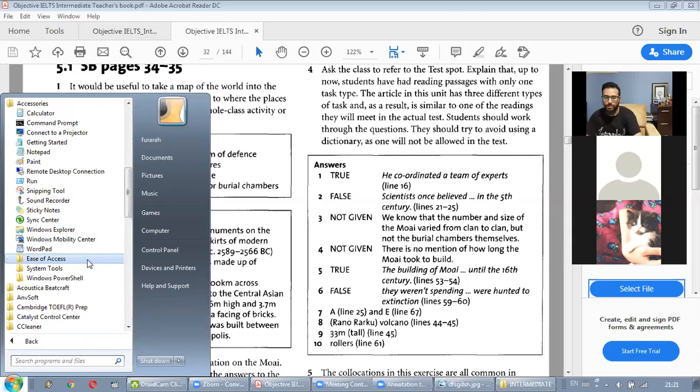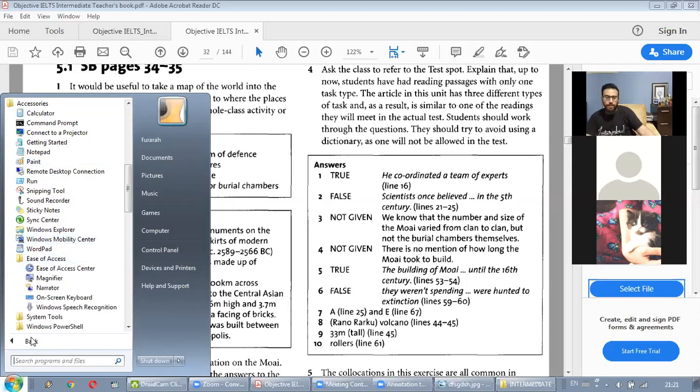If you click ease of access, do you have Windows 7 or 10? I think 10, you probably have 10. Windows 10. Yeah, but it's the same thing. Go to search for programs and then accessories. Did you find accessories? I will try to read in small size. Believe me, this is a lot easier because this will zoom for you. Okay, I have an idea. Here's a better idea. Go to the search and just look for